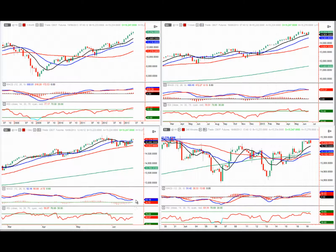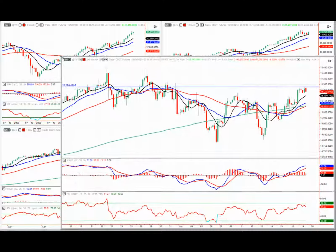Indicators are starting to turn around now. The RSI has started to turn around and converge, and the MACD is just starting to turn around now. So looking down here on these lower time frames, this is where I'm keeping a close eye, back down here on the 240 chart and on the 480 chart, looking for this turnaround